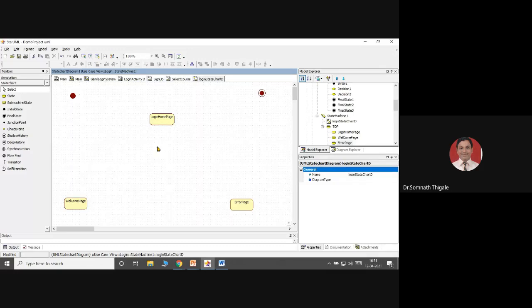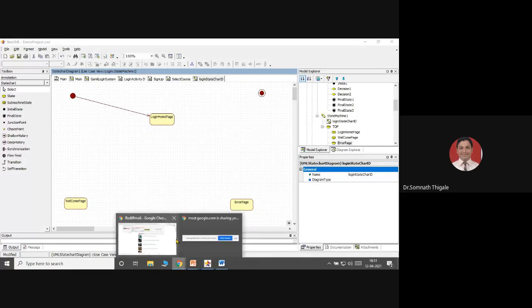Now, when I'm trying to draw the state chart diagram, how did I come to this home page? Starting with the initial state, a transition from start to home page. These actions I'm calling what? Do actions. Now, what am I going to do inside this login page?